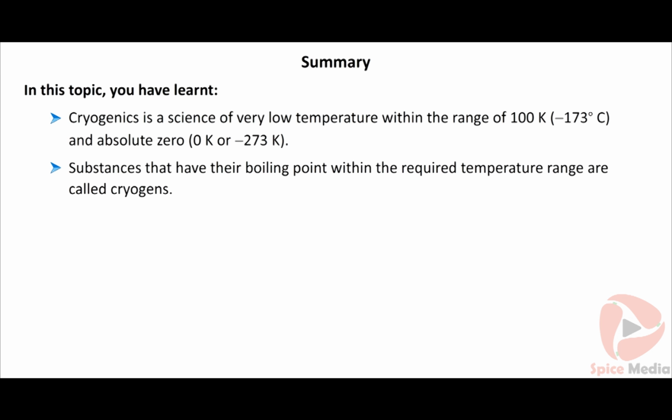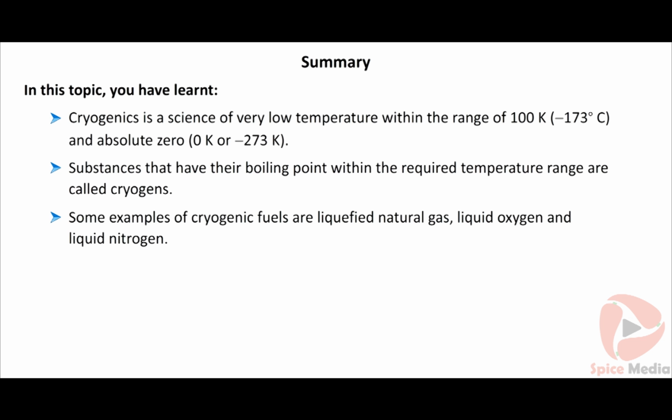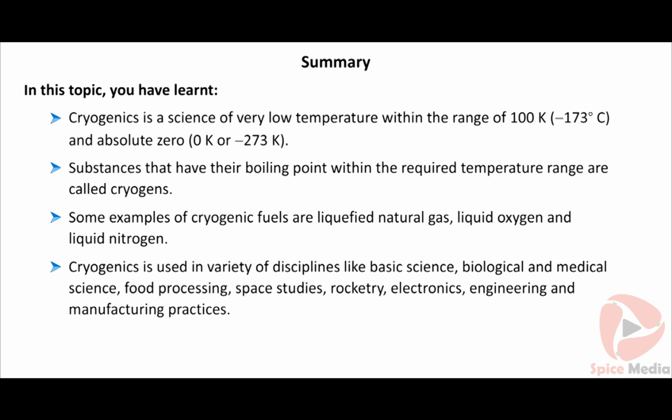In this topic, you have learned cryogenics is a science of very low temperature within the range of 100 Kelvin, minus 173 degrees Celsius, and absolute 0 Kelvin, or minus 273 degrees Celsius. Substances that have their boiling point within the required temperature range are called cryogens. Some examples of cryogenic fuels are liquefied natural gas, liquid